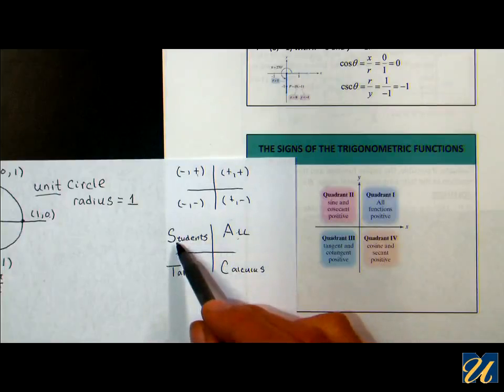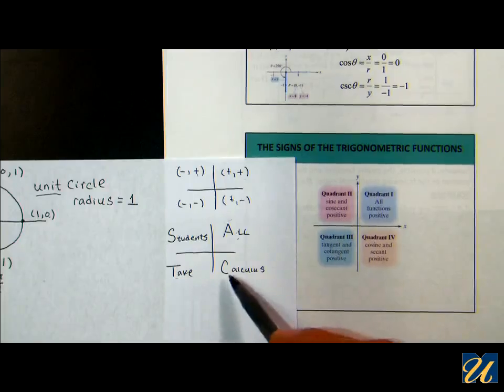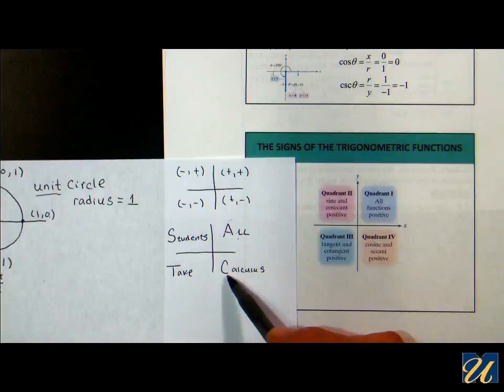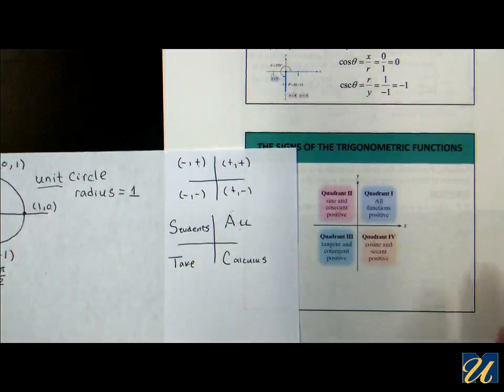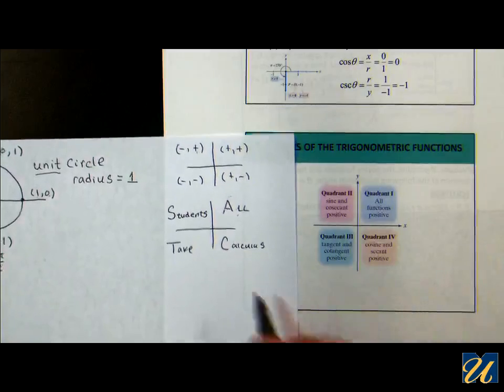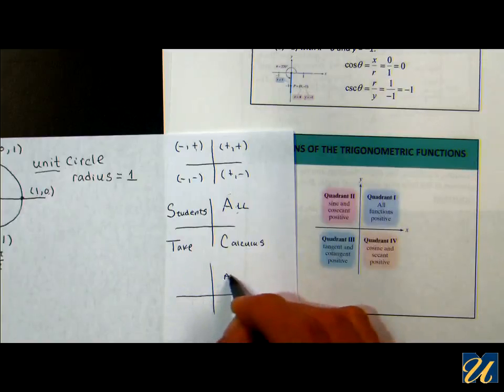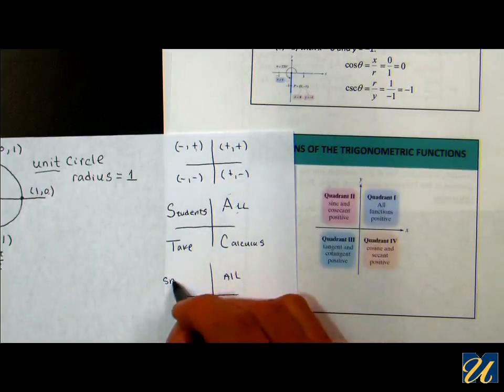Only the S function, the sine and its reciprocal. Here, only the T function and its reciprocal, tangent. And here only the C function, cosine, and its reciprocal are positive. Since all students don't take calculus, you could, if you wish, say that all snakes